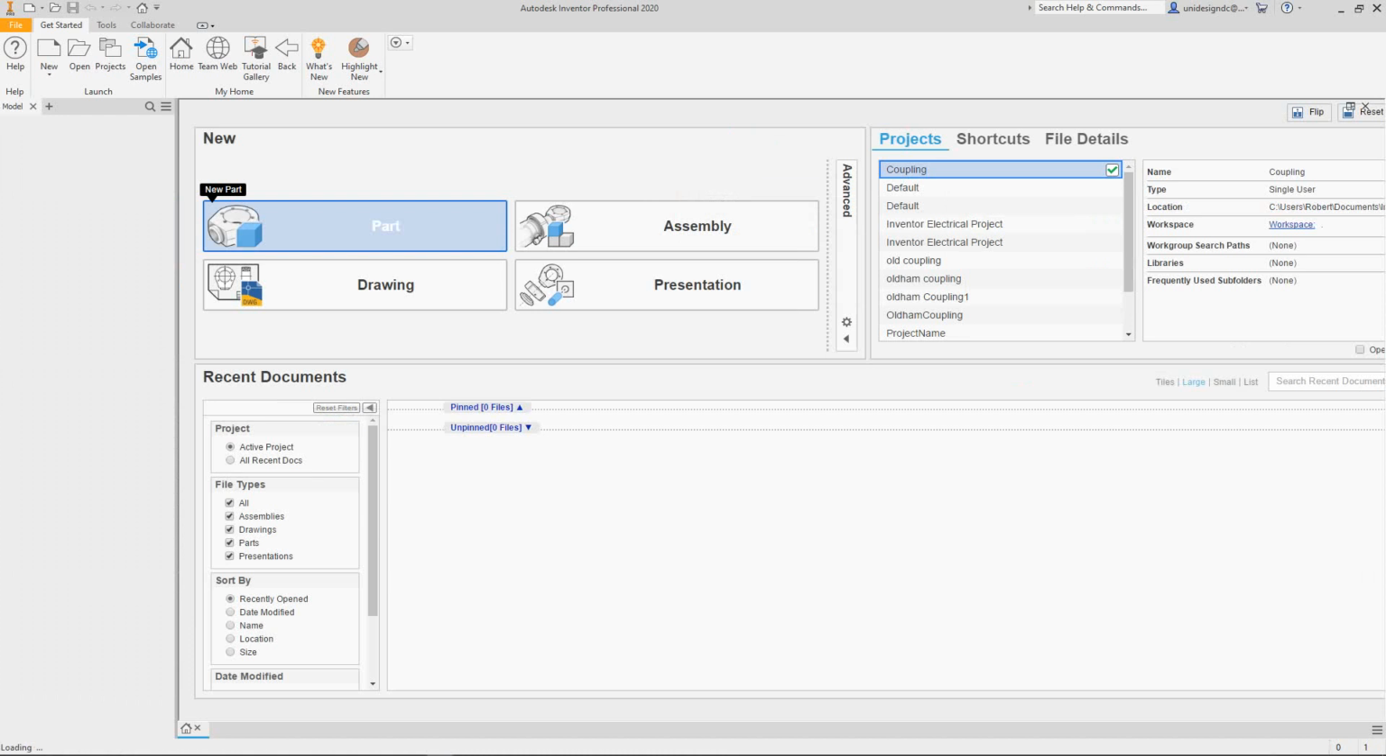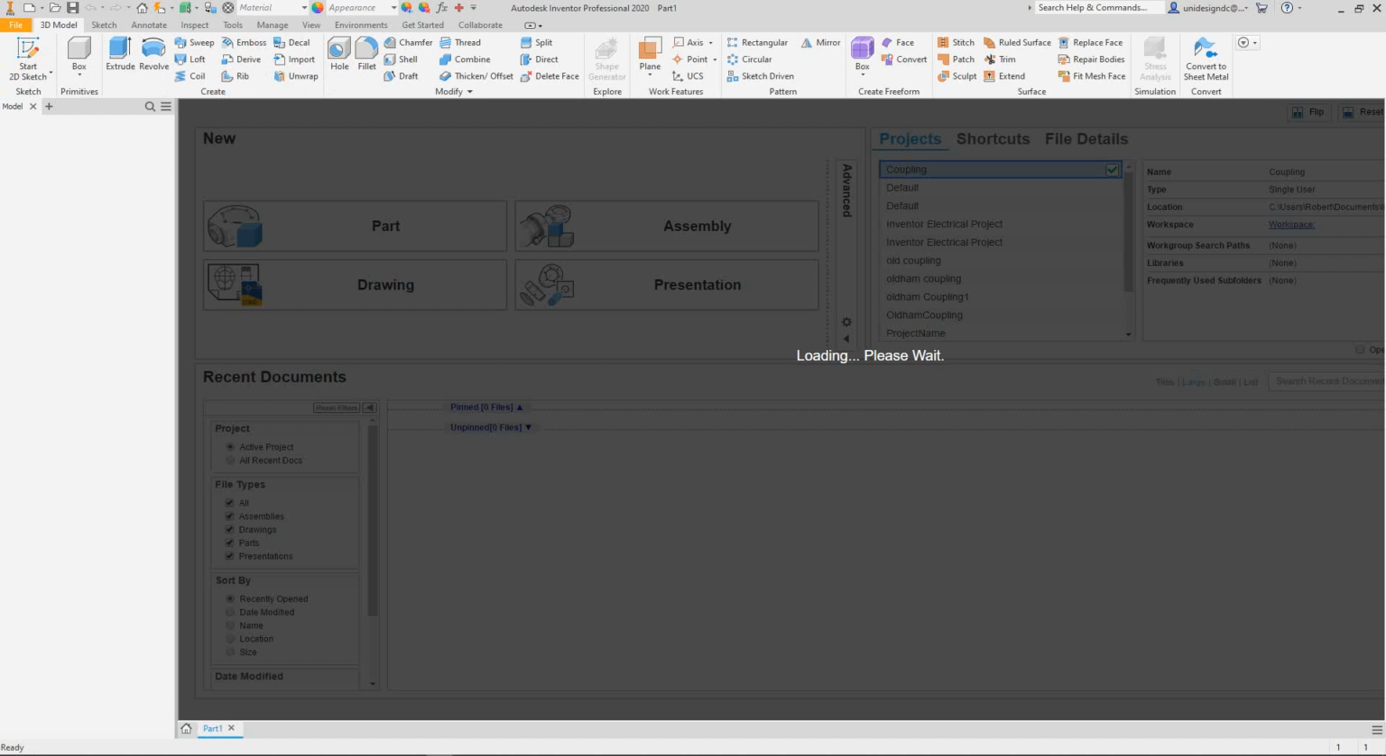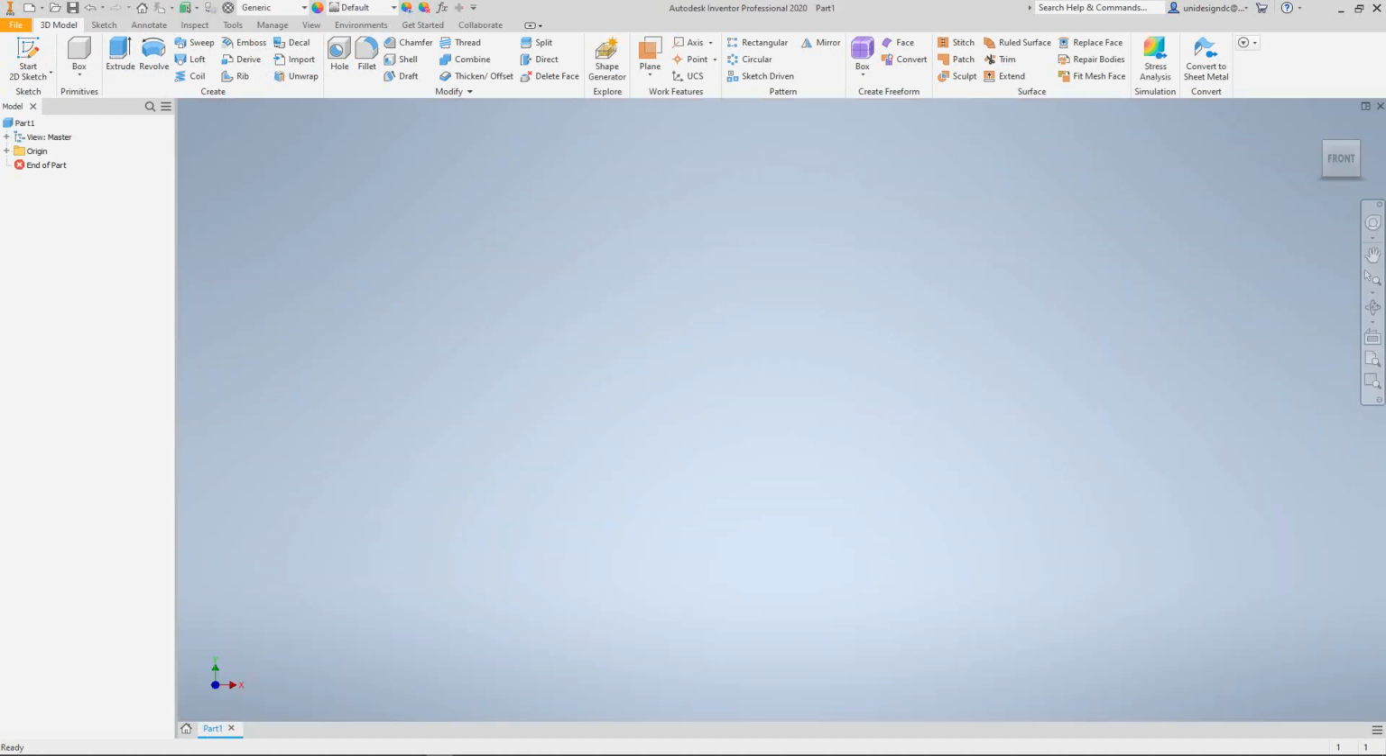Inventor is kind of slow opening up, just like Revit, you know. Lots going on in the background, I guess. Okay, now we're in our drawing window here. So the first thing we want to do, folks, is click 3D model sketch, start 2D. So go to 3D, start 2D,